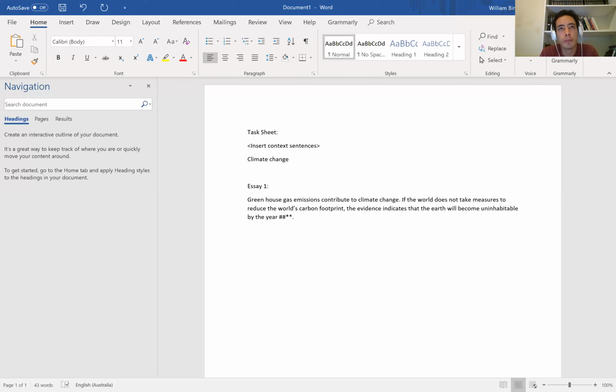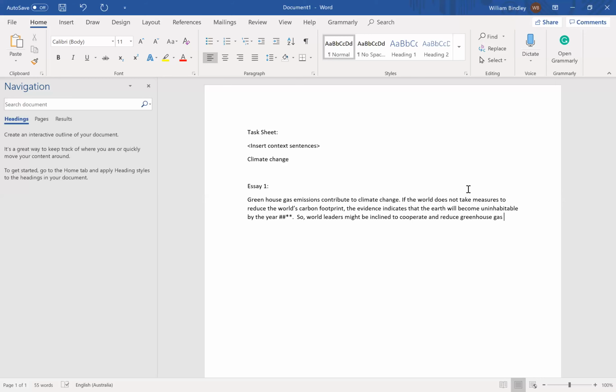Okay, so world leaders might be inclined to cooperate and reduce greenhouse gas emissions in order to protect the environment. Some of this text I can't see, because it goes into the Zoom console. If so,